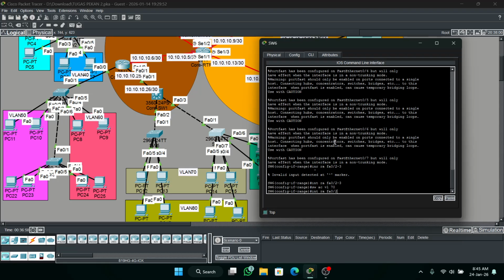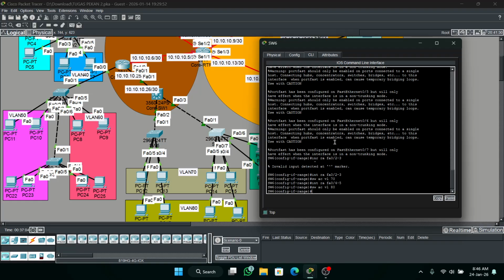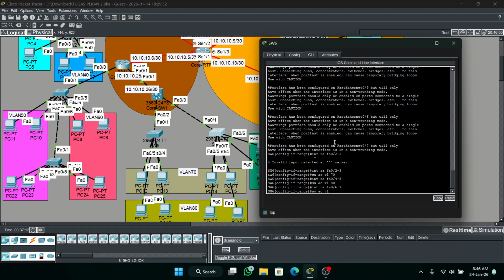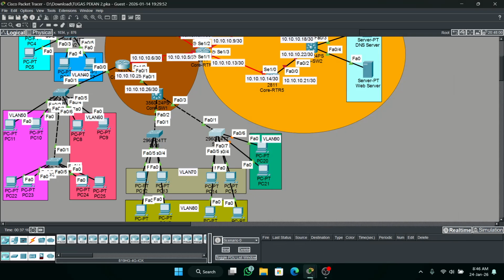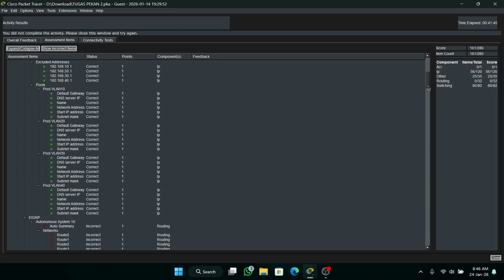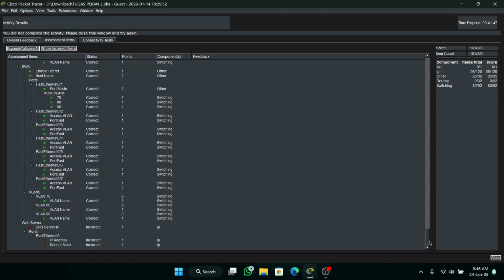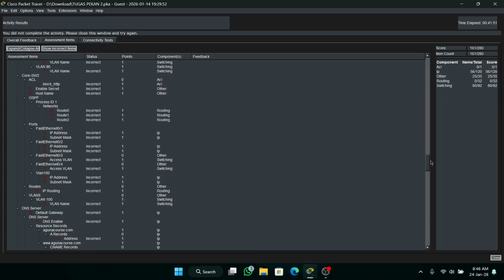Then interface 4 until 5 is for VLAN 80. Then interface 6 until 7 is for VLAN 90. Okay, set. Check the activity. Okay, good. All is correct.